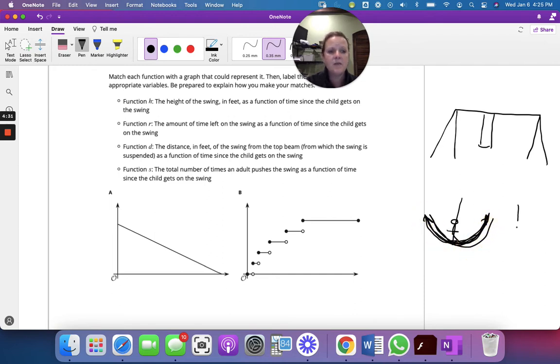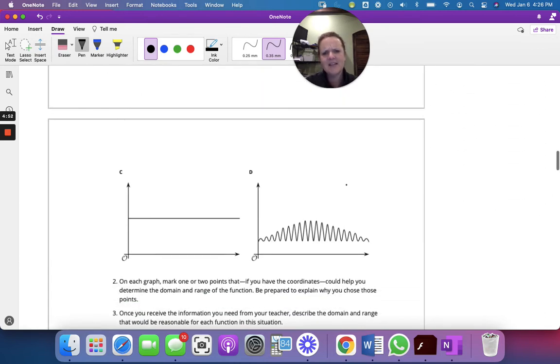In fact, when that child first starts swinging, she's going to start just kicking her feet a little bit, and then each time she's going to go further and further and further until she reaches the top. And then she gets shorter again, like maximum and then back down to the minimum. Well, that kind of looks like this one,